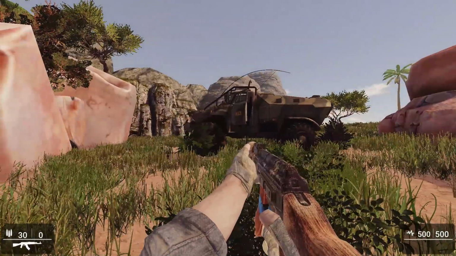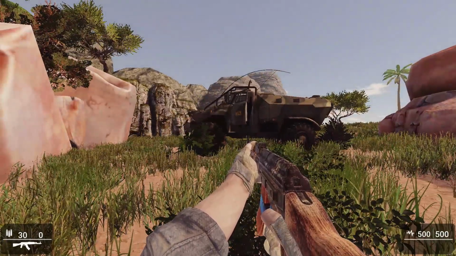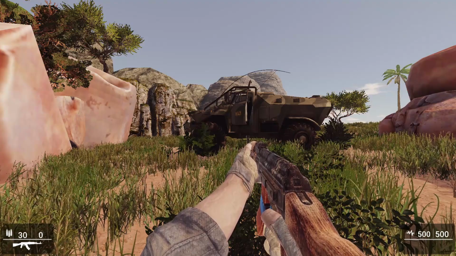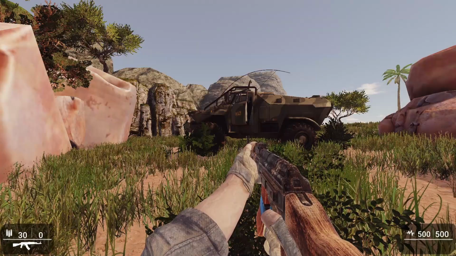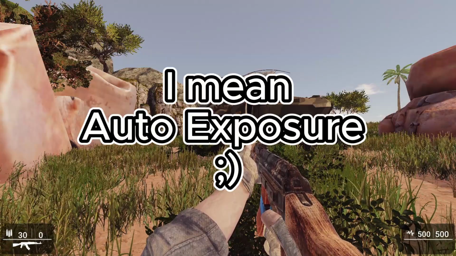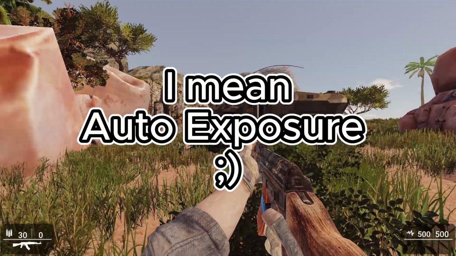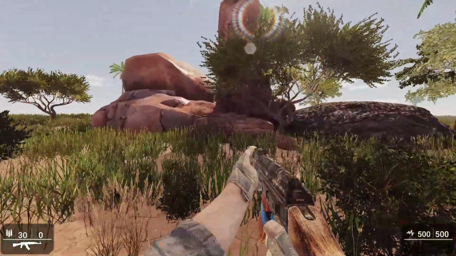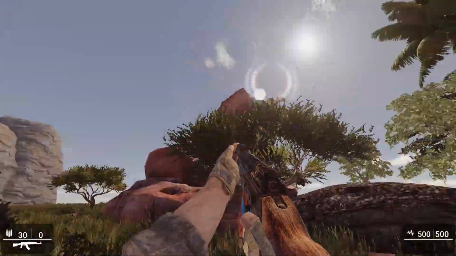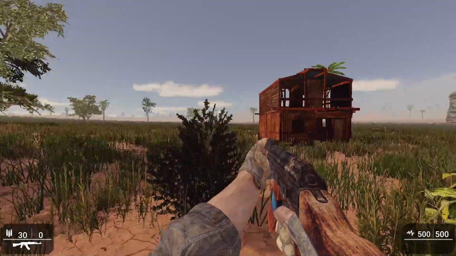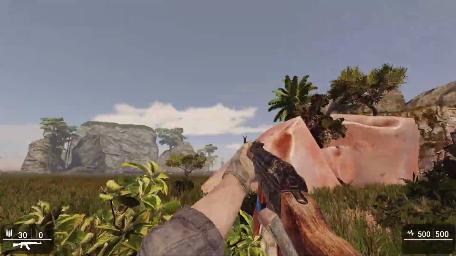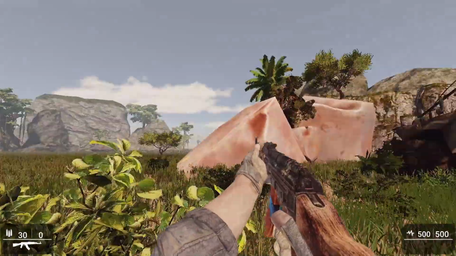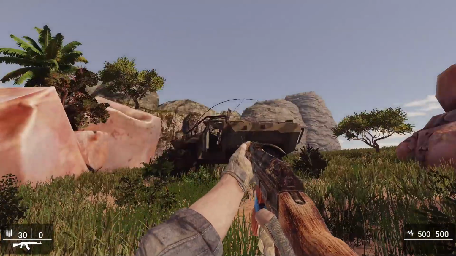What I said in the beginning, that it was dynamic light, was wrong. This is dynamic exposure. It's not the same thing. Sorry for my mistake. Let me try to explain. As you can see, the environment is very bright, and if you move the mouse around, we can clearly see that the image becomes a little bit darker